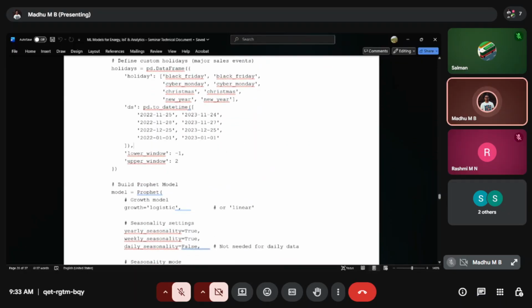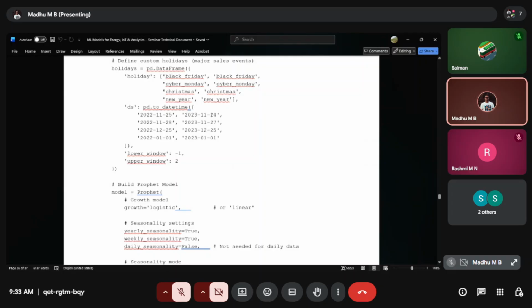Now we are defining the custom holidays for the major sales events. Here it's just an example of a sales event. It could be energy consumption also. If we want to analyze the energy consumption in the holiday season or the off season, you can just change the tags here. Here I have given holidays like Black Friday, Cyber Monday, Christmas, New Year.